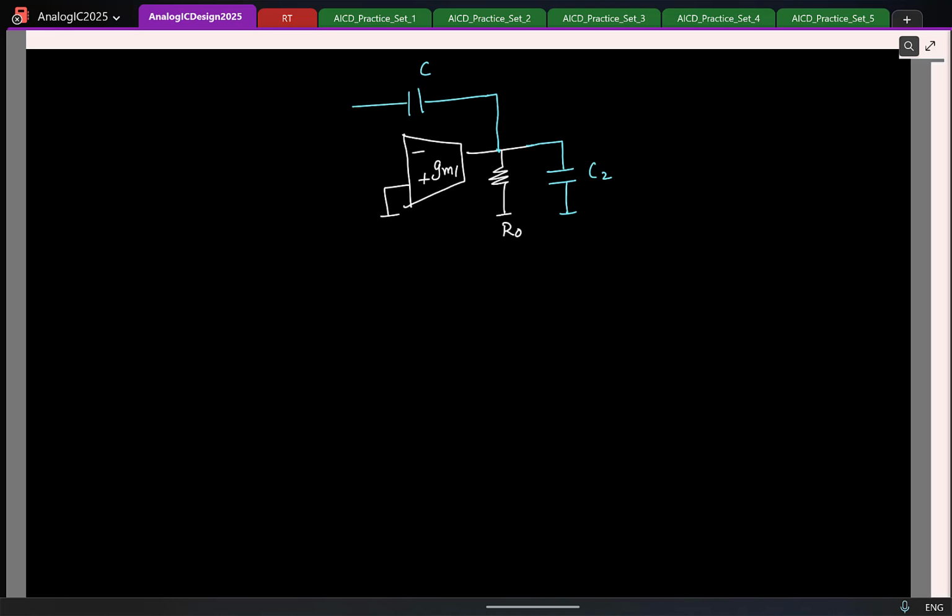So okay, I will use this here. This is C1. Okay. And I have this. Okay. So if I were to use the Miller effect here, I need to compute the exact voltage gain from this